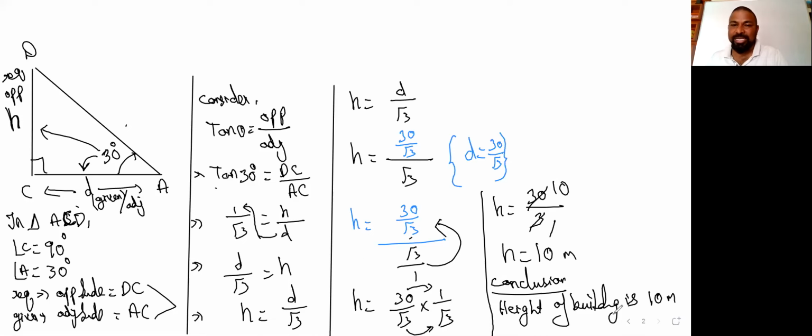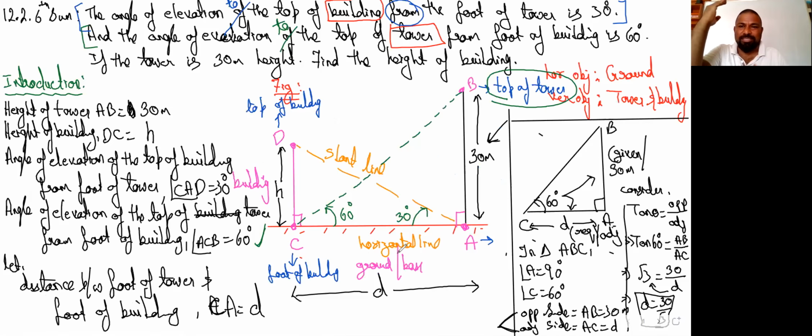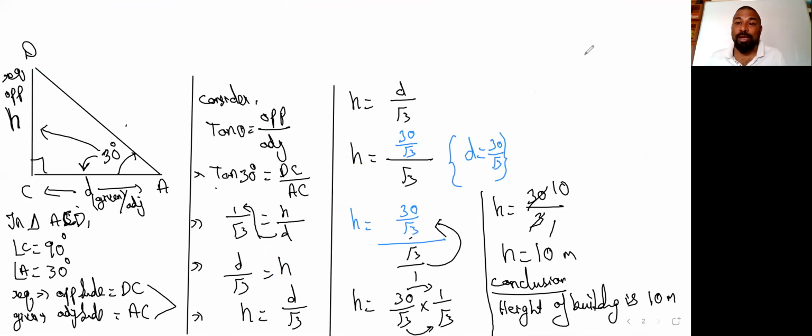Right. So let us check it back. Guys, two vertical objects, tower and the building. He has given two angles, 60 and 30. We have to take a second variable. I took the second variable D to help us. We are not finding D, but we are finding H. To help us, we took D. The same logic: when we are having two angles, two right angle triangles, we need two variables. He is asking for one, but we have to take the other one. So what is the height of the building? Hope you are able to understand.